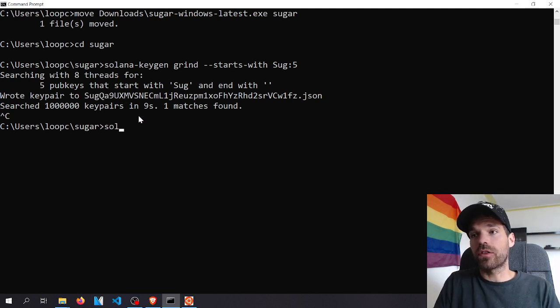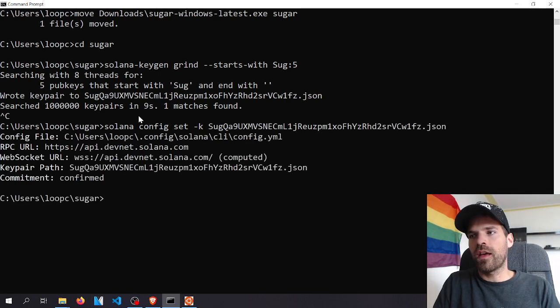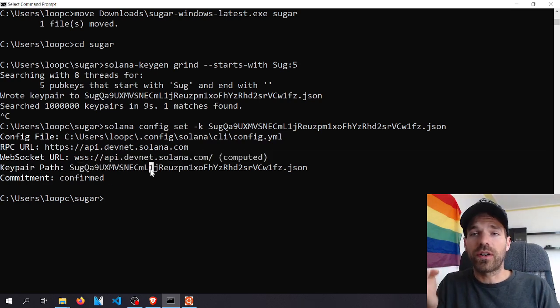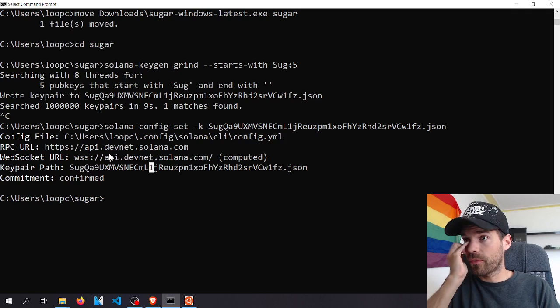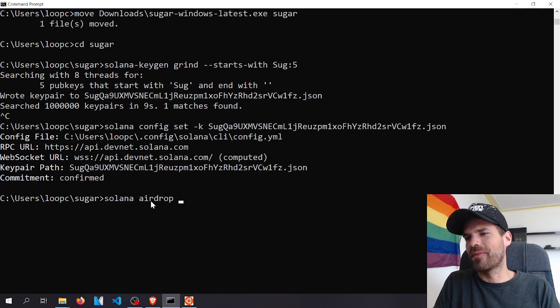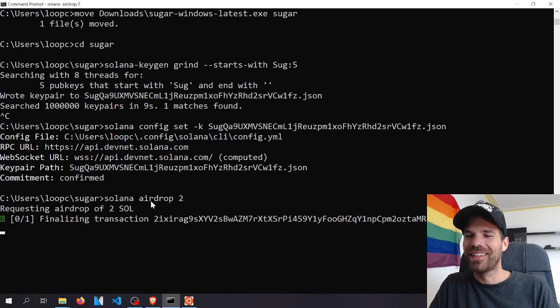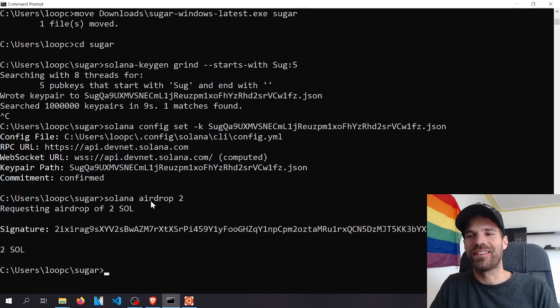And then Solana config set key pair to my sugar key file. And we are on DevNet, that's okay. We want to start out on DevNet. Yes, I can't be bothered to actually pay for this. But on DevNet I can be like Solana airdrop, and airdrop me two Sol. The good DevNet. Now,